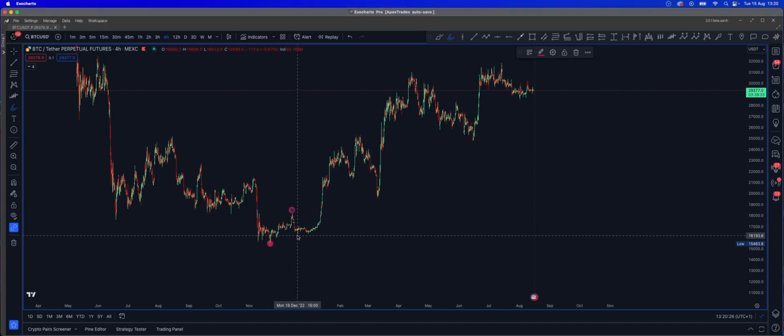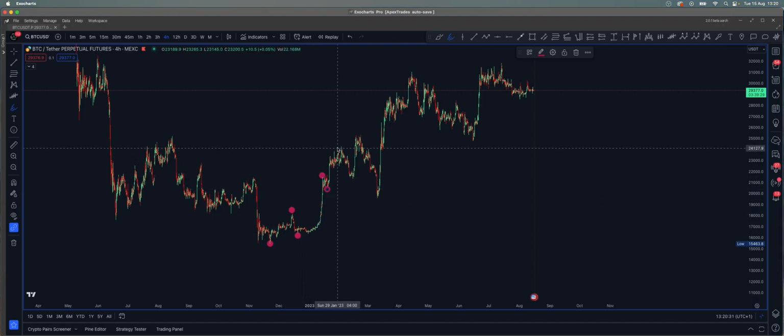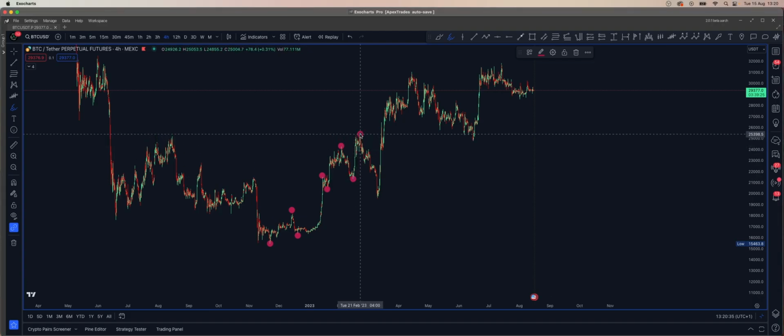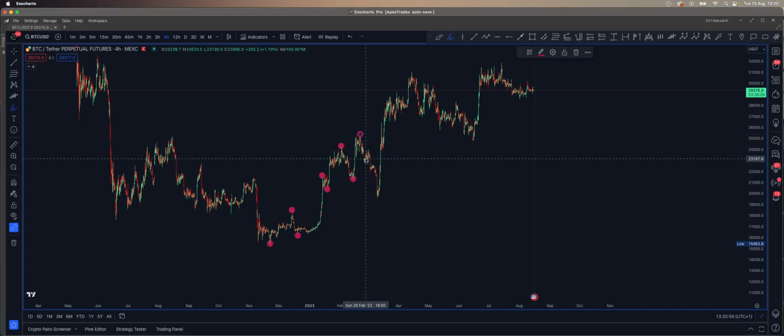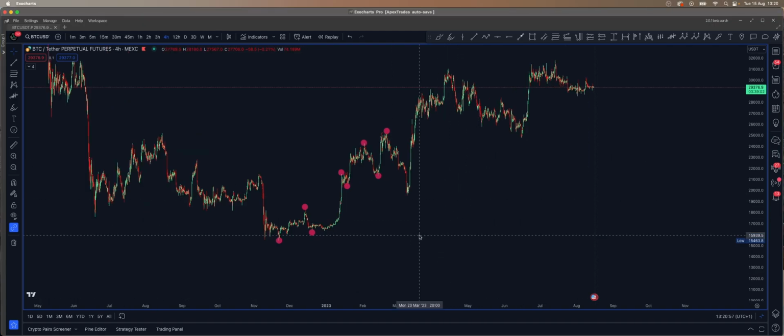There's the high, there's the low, there's the high, there's the low, there's the high, there's the low, there's the high, there's the low. And here's where we get that trickiness where we think price is going down, but in actual fact, all it does is break structure, right? Creates a change of character. Okay, so where does it change character? Well, let's just refine it a little bit. So remember,